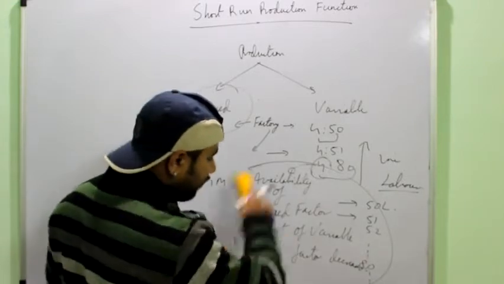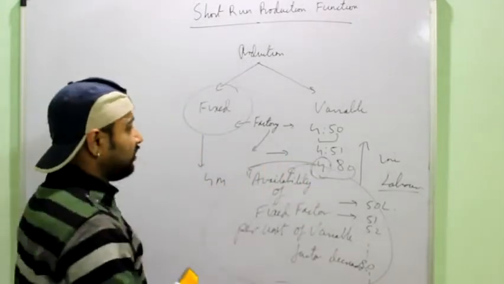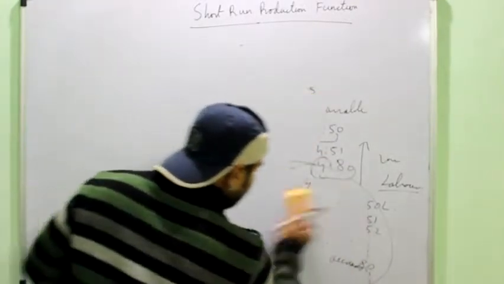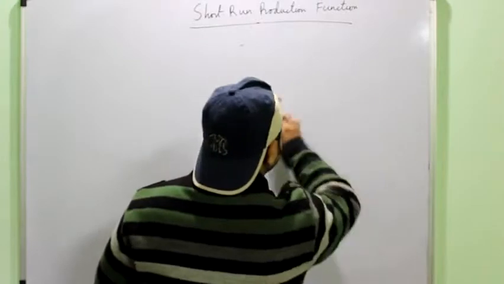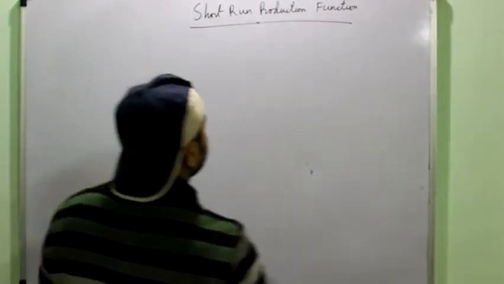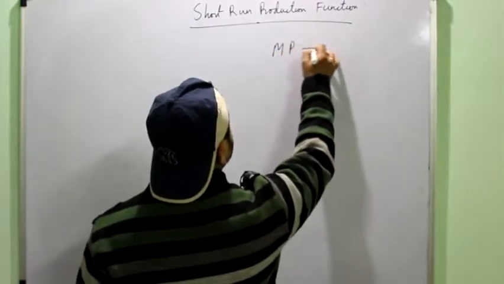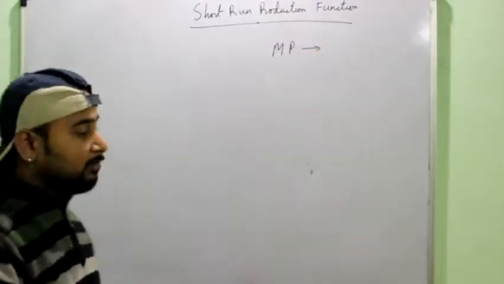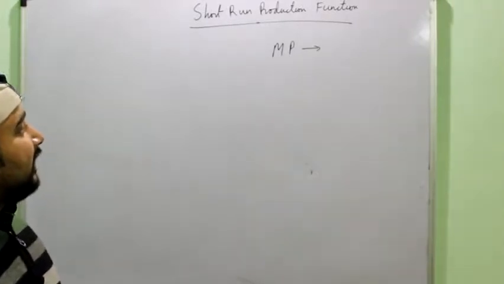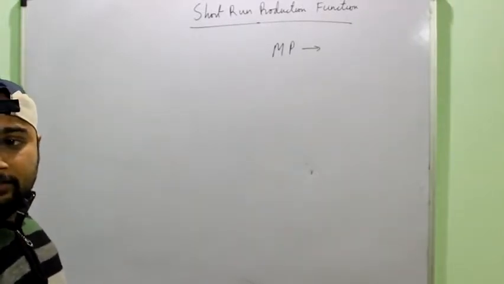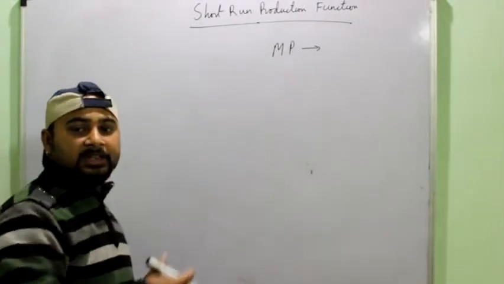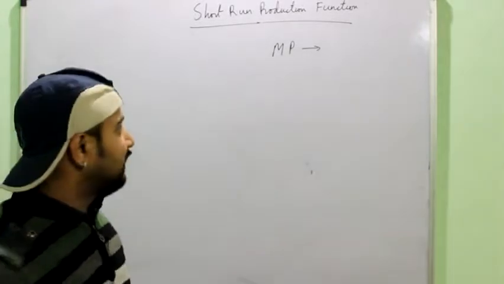Okay, so this is the core of the whole thing, right? What happens now, we will study this particular concept with the help of marginal product and total product, right? First of all we talk about the marginal product. You remember marginal product is the output per additional labor you are getting when you increase your labor by 1 unit, how much production is added by that particular labor.